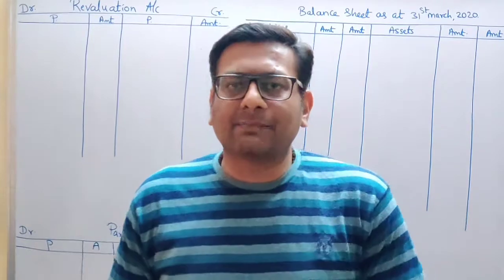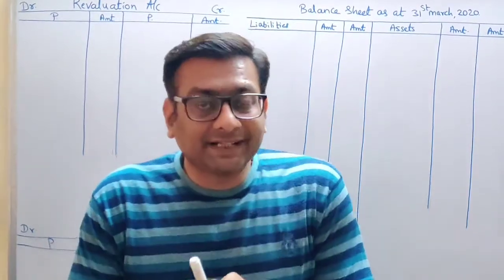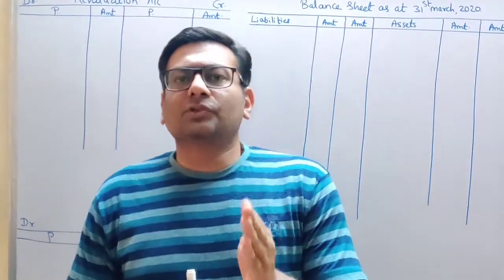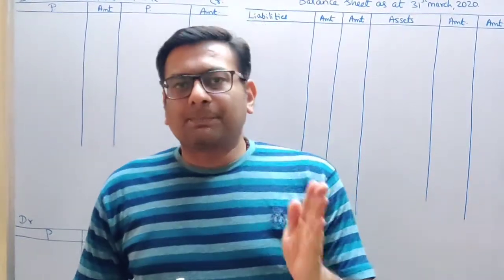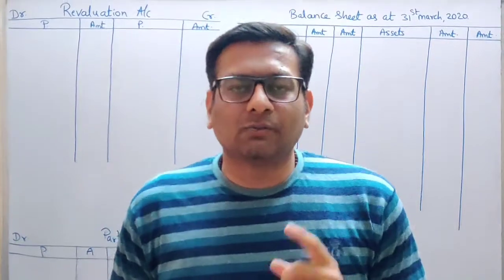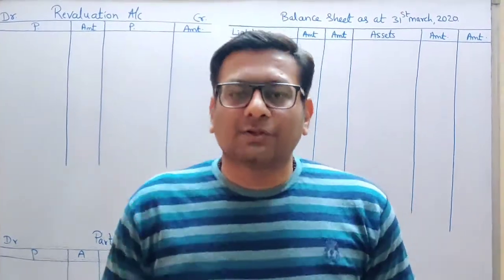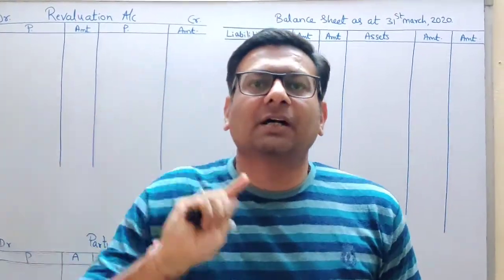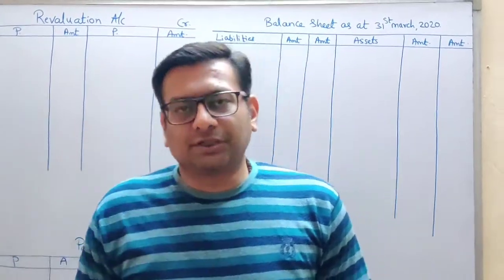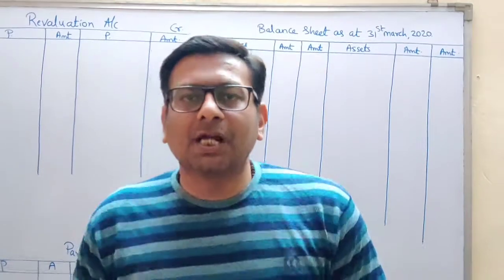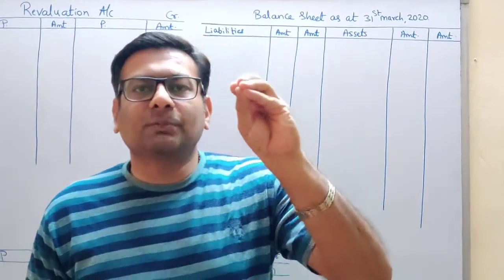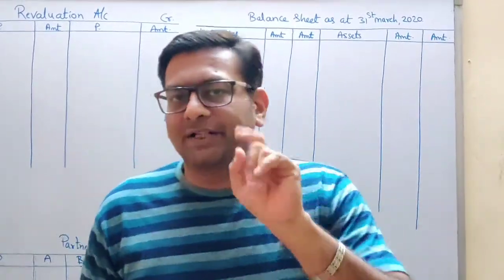So let's recap quickly what I have explained till now. You have to solve every sum in 3 steps. Your step number 1 is ticking. In step 1 ticking, you read the adjustment and tick the items in the balance sheet. Step 2, balance sheet. What do you mean by step 2, balance sheet? You have to write down each and every item of the balance sheet in your answer one time.